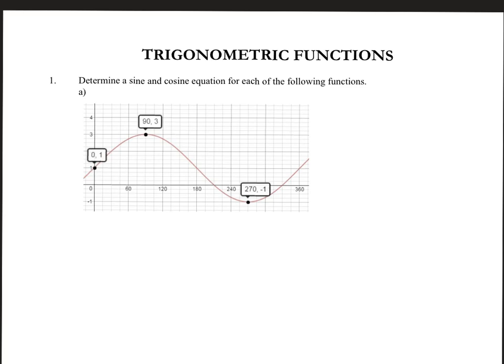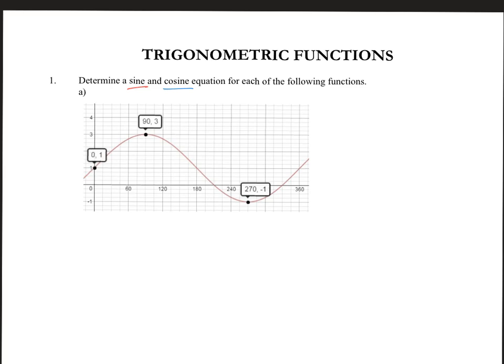What you see on the screen right now is a graph of a trig function. You'll notice the instruction would like you to go through and create both a sine and a cosine equation for each function. You'll also notice on the graph we have some key values labeled. We have the y-intercept labeled, as well as the coordinates of a maximum and a minimum. So all I'm going to do at the very beginning is list out some key properties of